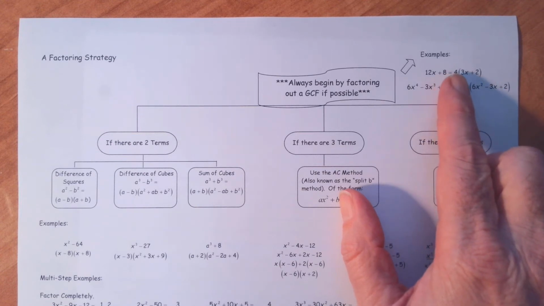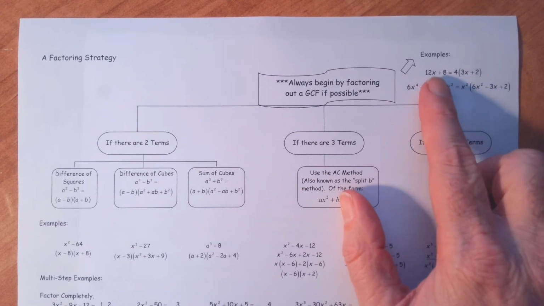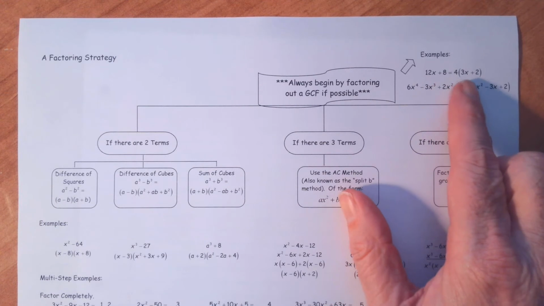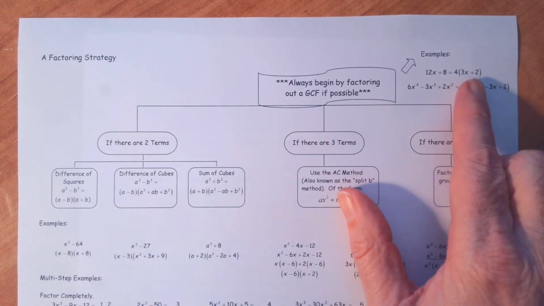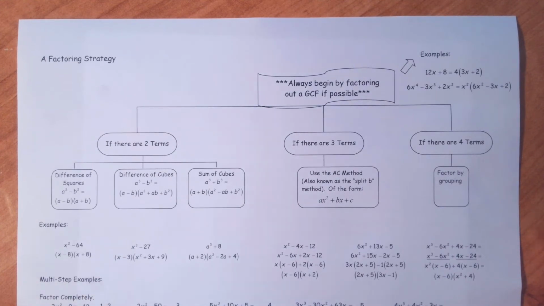Now you can check it by distributing here. 4 times 3x is the 12x, and 4 times 2 gives you the 8. The other thing you want to keep an eye out for is notice inside the parentheses here, there are no common factors, and so that tells you you did indeed factor out the greatest common factor. Okay, so let's go ahead and